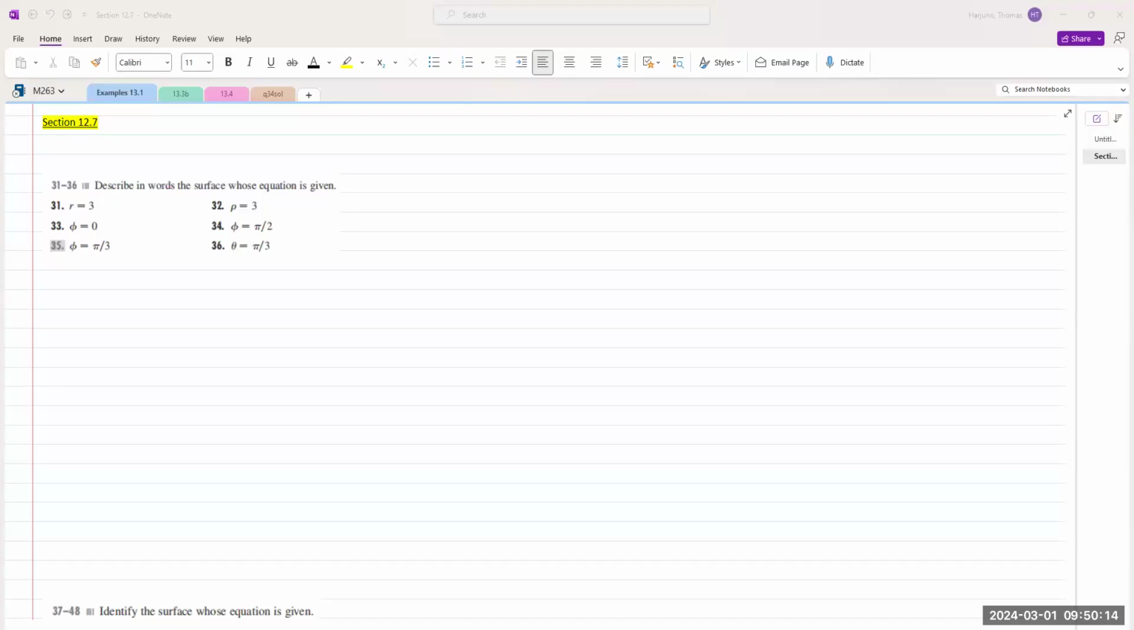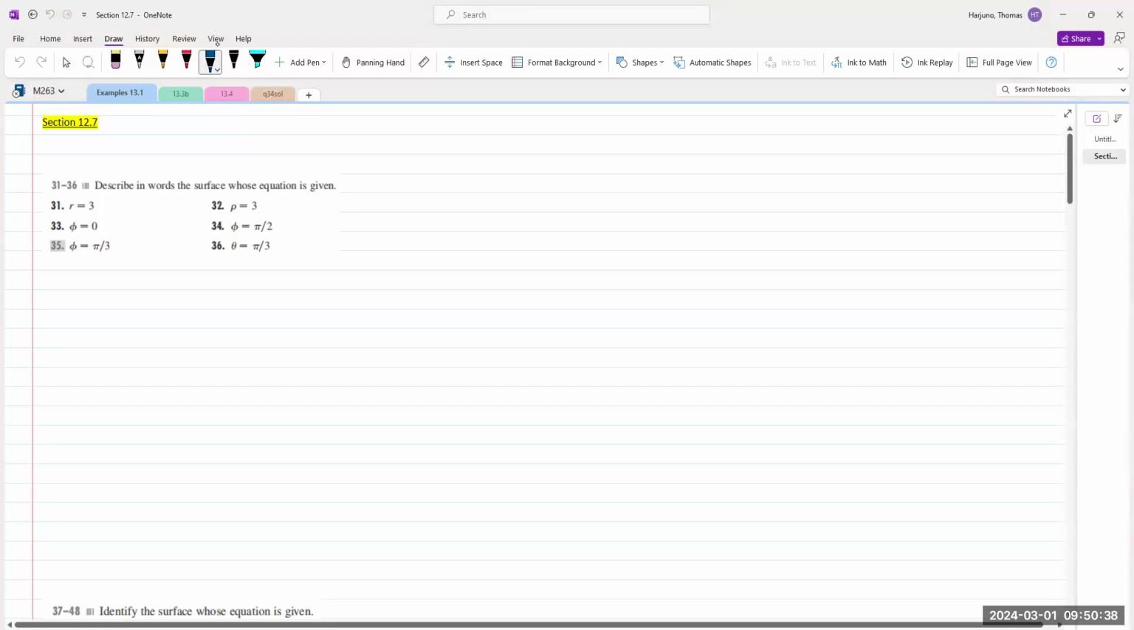Hello there. Today we will work on some problems from 12.7. 12.7 is not in our textbook, but it's in my handout, where I get this from an older edition of our textbook. This section actually has